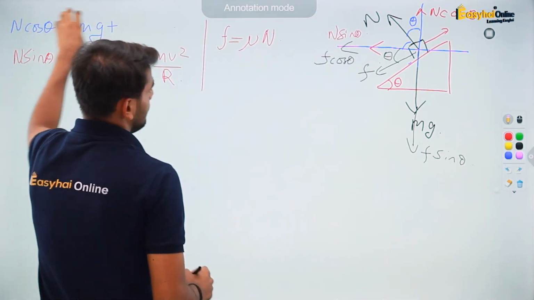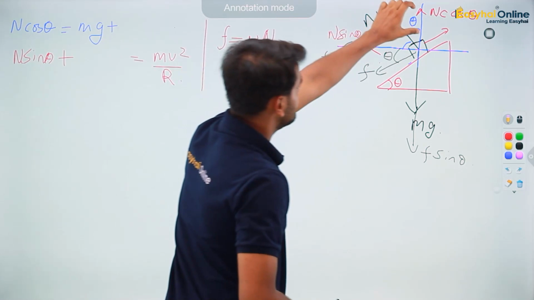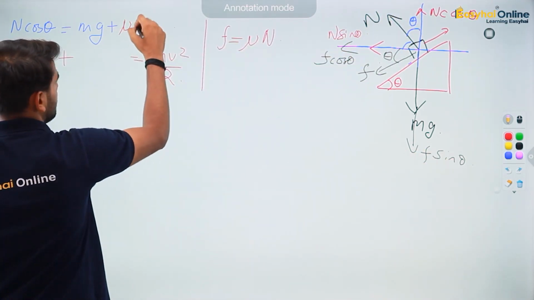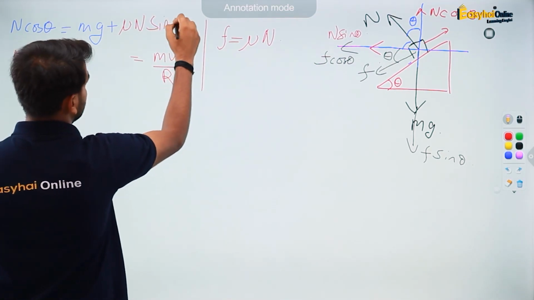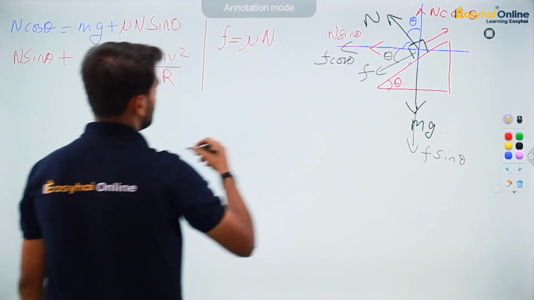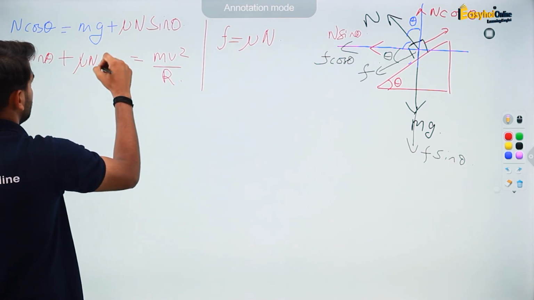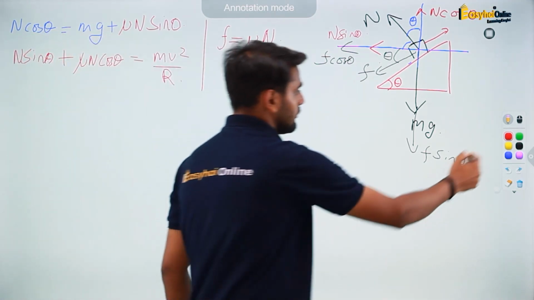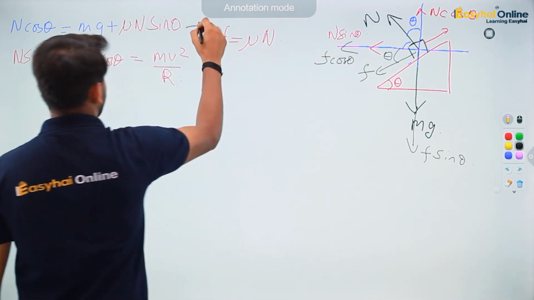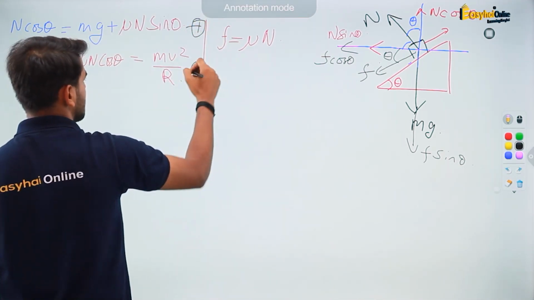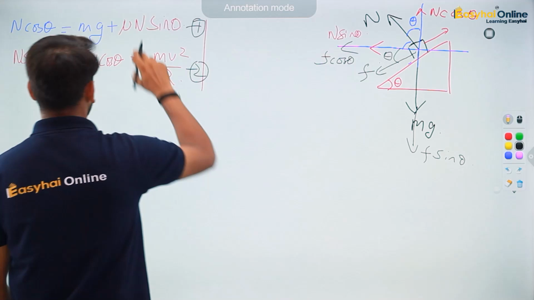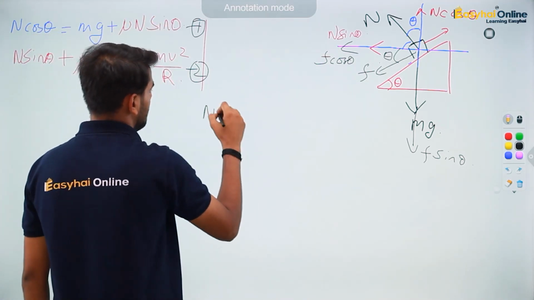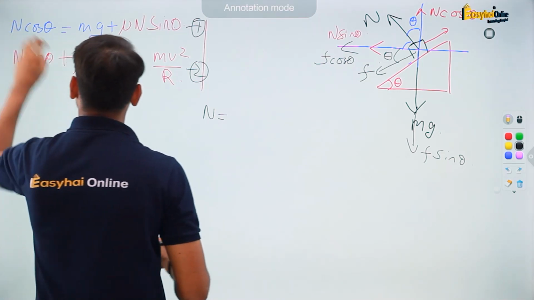Along the y-axis, this is n cos theta and this was f sin theta, so f is going to be equal to mu n sin theta, and here this is going to be mu n cos theta. Now I'm going to solve for n using equation 1. If I say this is equation 1, this is equation 2, let's derive what exactly n is going to be. So here n is going to be equal to,